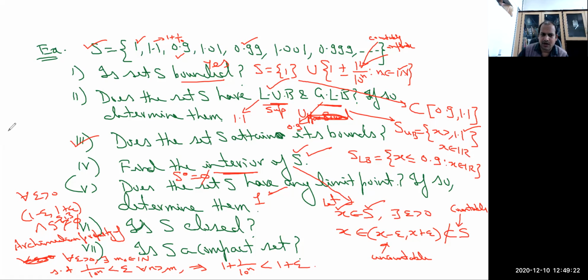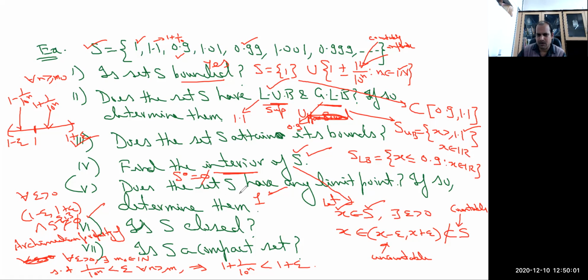So in this interval around 1, if we have here 1 minus epsilon, here 1 plus epsilon, we have infinitely many elements of the type 1 plus 1 by 10 raised to the power n, and similarly here infinitely many elements of the type 1 minus 1 by 10 to the power n, for every n greater than or equal to that m naught. So one can always do this construction. This is the reason why this intersection is non-empty. So using the Archimedean property of real numbers, one can claim that this set has only one limit point, 1.